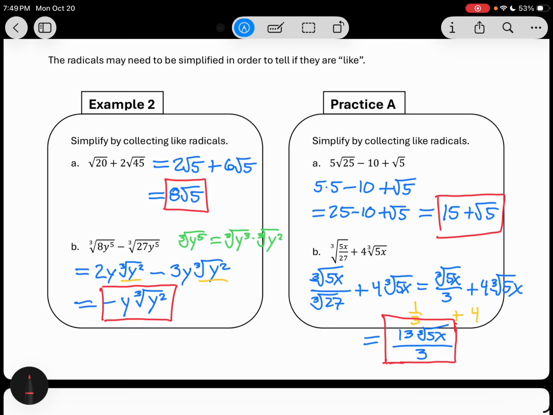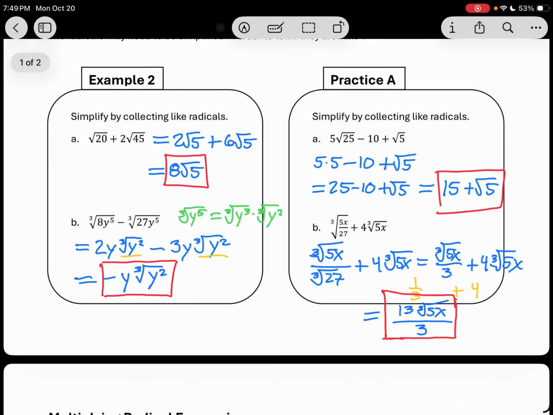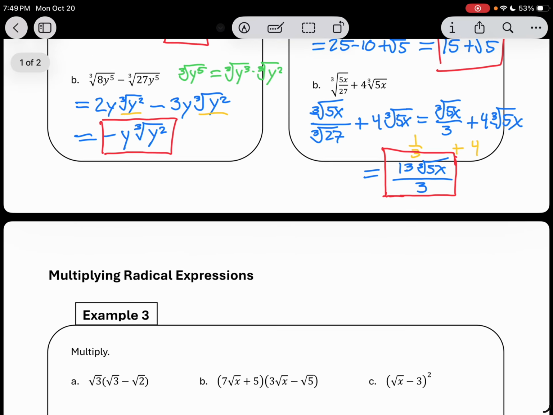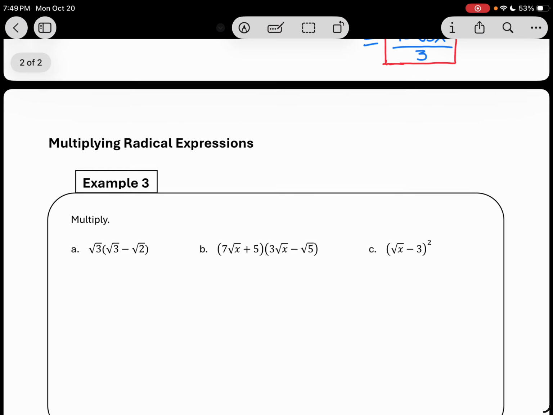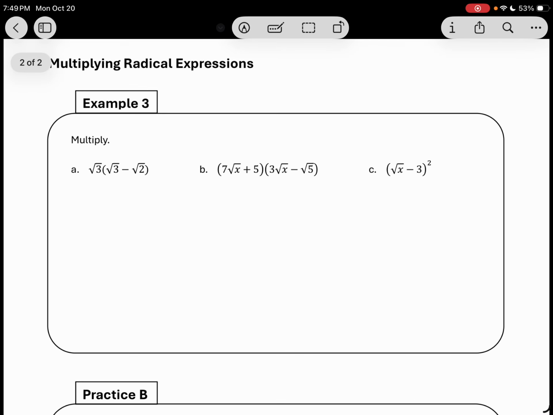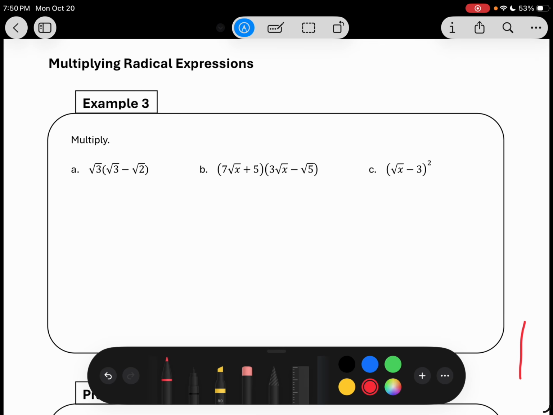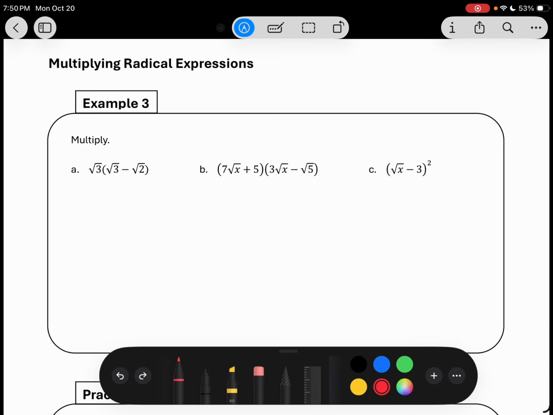Okay, let's go ahead and go to the next page. The next one is going to be combining multiplication and addition and subtraction. So if you take a look at example 3, just by looking at it, I bet you'd be able to decide what to do. We've got some parentheses there. Let's go ahead and get rid of the parentheses